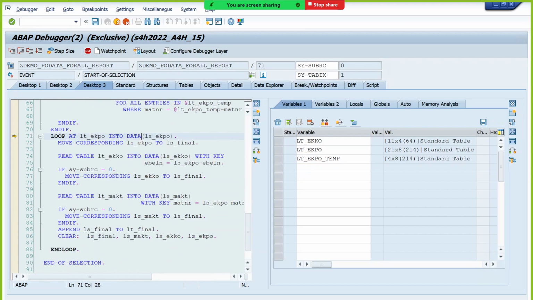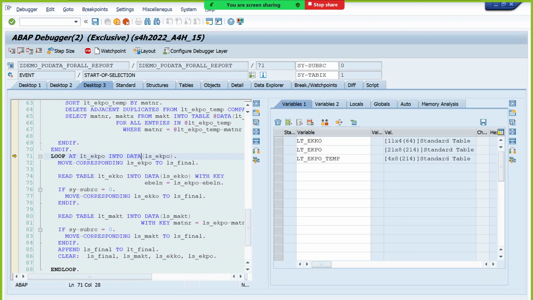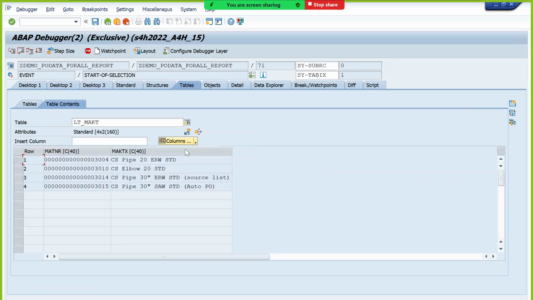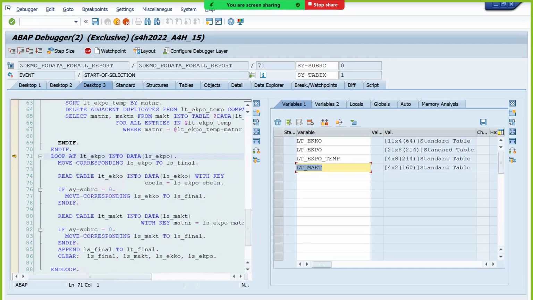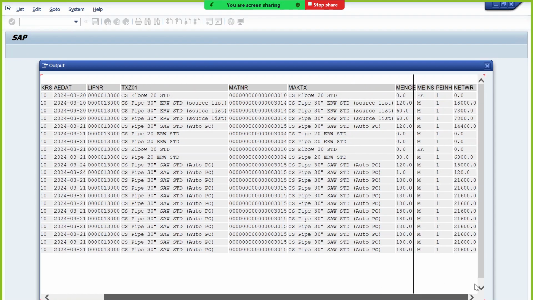We selected data from 3 different tables. How many materials did we select? Only 4 materials, because these are the unique materials we have, right? For all these different purchase orders, we have only 4 different materials, and we are looping and combining all these 3 internal tables into one final output. This is your final output. Okay,